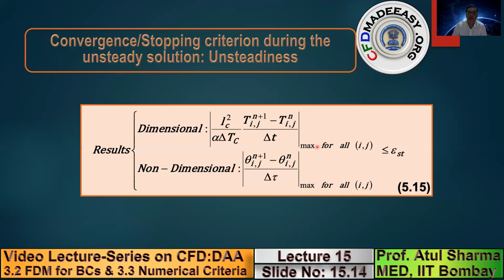So in this lecture, I started with the finite difference method to derive the algebraic equations for the blue circles or the boundary grid points. Then I presented two types of numerical criteria, which give us certain equations. The first corresponds to the stability criterion, where we got an equation for the maximum delta T, or the limiting delta T, that we can use in the explicit method. The second is, in an unsteady simulation, the formula that we should use as a stopping criterion to judge that we have reached steady state.